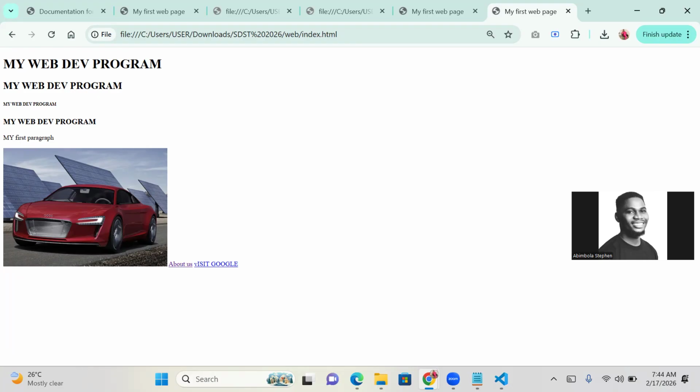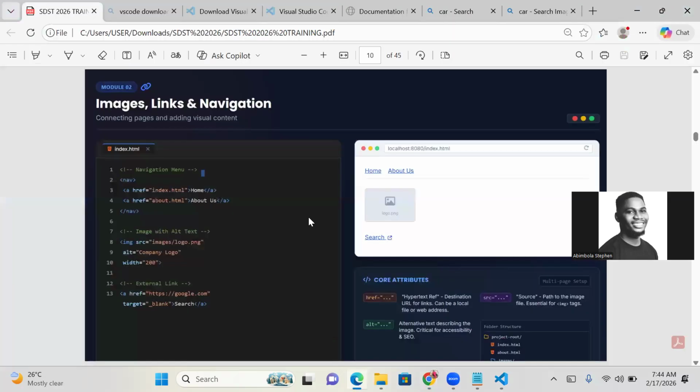So let me check. Yes. Okay. So if you want to link different pages together inside a page, how do you do it? You can see this nav here. If you want to have it as it is here, you can see the way they have it on this side, so that they are listed together. You start with your navigation menu and close it, and you have all the menus